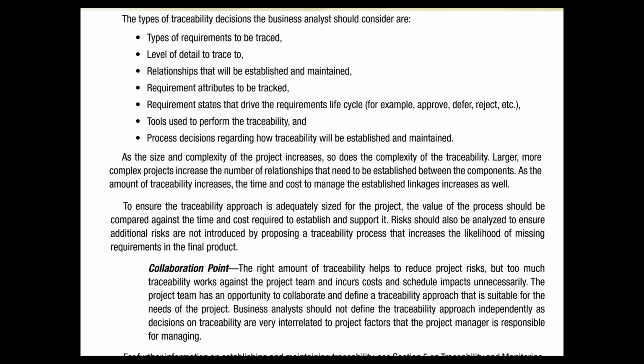Although traceability is important, we have to take a strategic decision on how much traceability we want to do. Similarly, it also talks about risks. Risks should also be analyzed to ensure additional risks are not introduced by proposing a traceability process. When you introduce a new traceability process that might invoke a new risk, those will also have to be identified and processed. The collaboration point here is